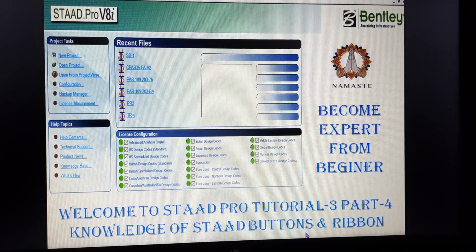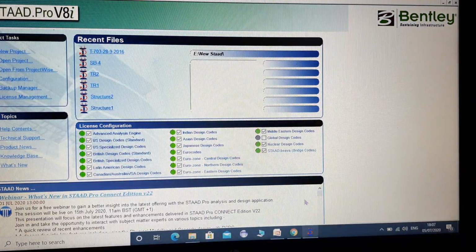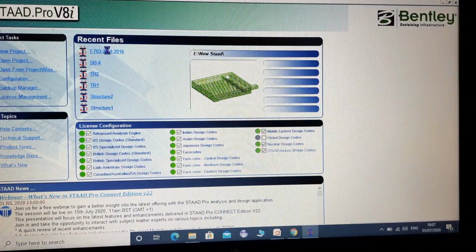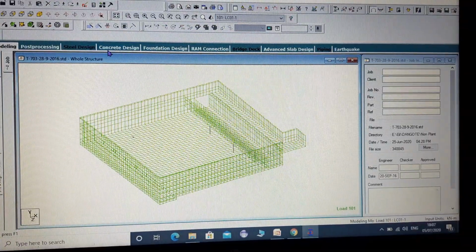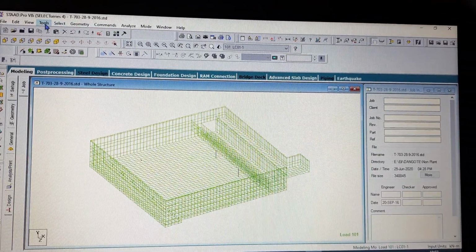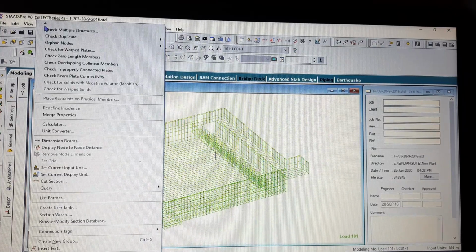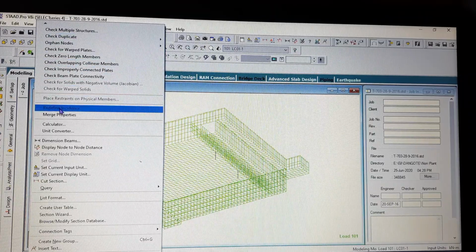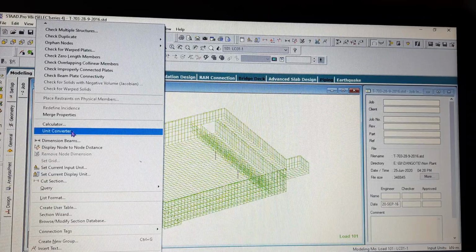Previously we have explained, in the last series we have explained regarding our tool button. We have explained lots of things regarding the tool button. Right now I will be going to explain the rest of the functionality of the tool button. We have explained until init converter.